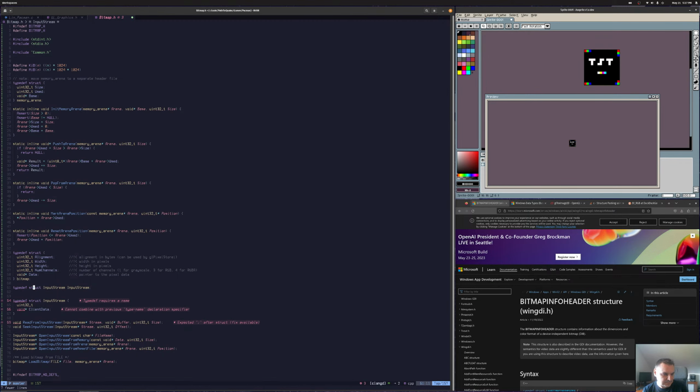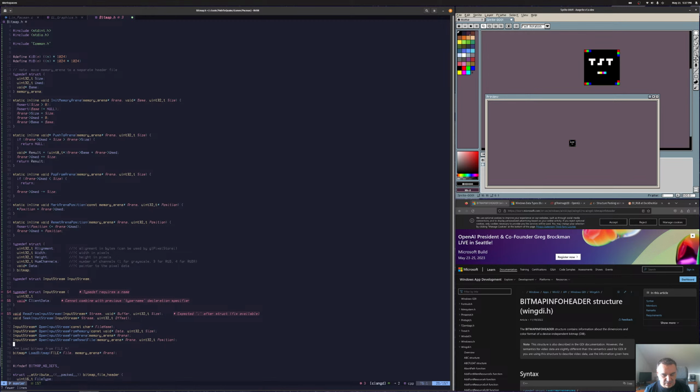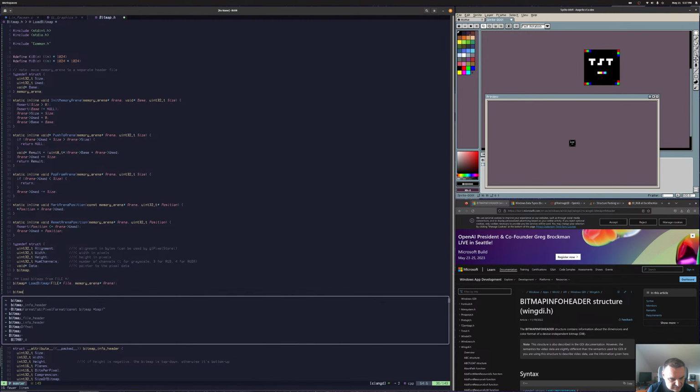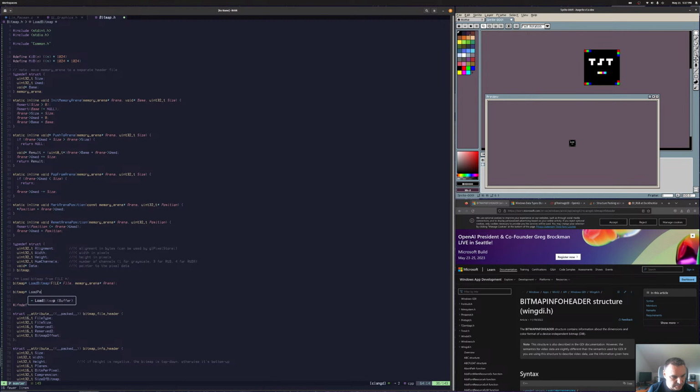You know what? I'll see how to design this when I get there, right? So it's probably a waste of time to think about that now until we actually have some correct usage somewhere. Another thing I want to add, maybe we can do that first. Load part of bitmap. Like this, and